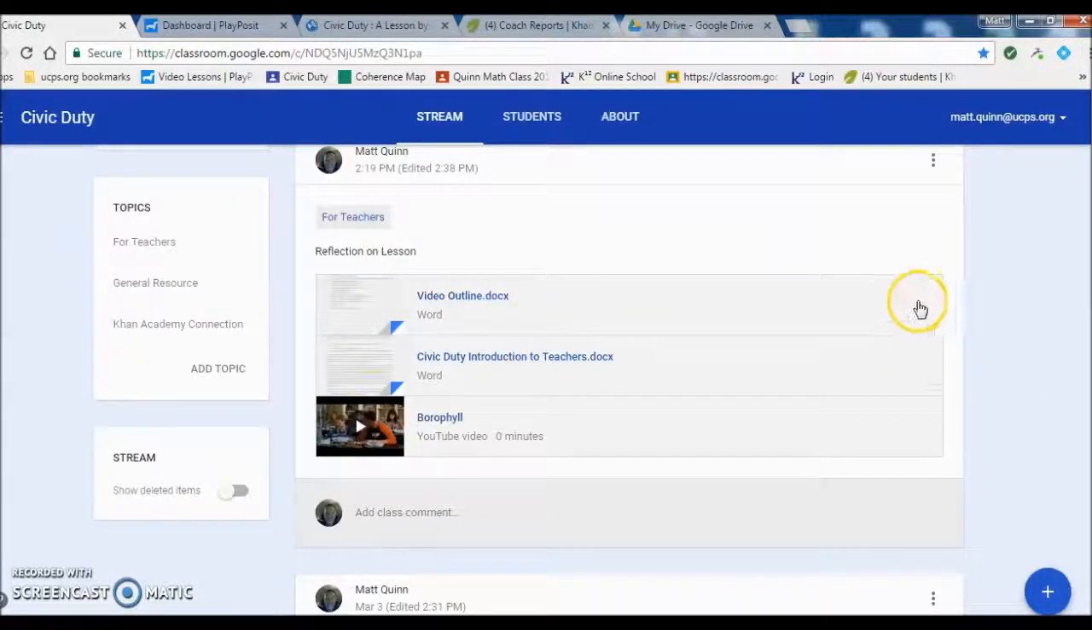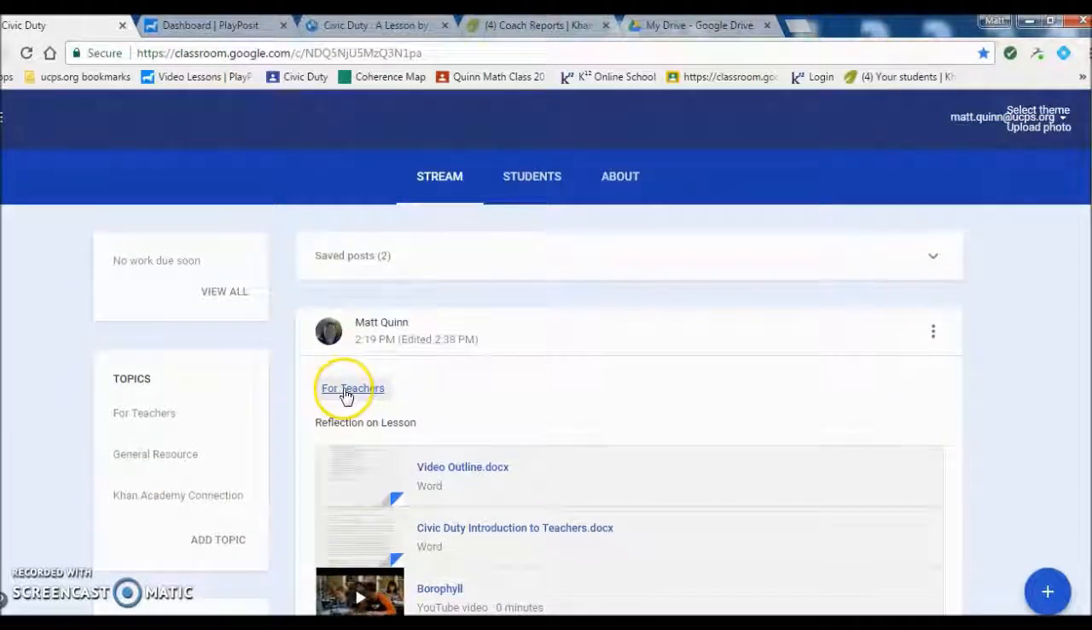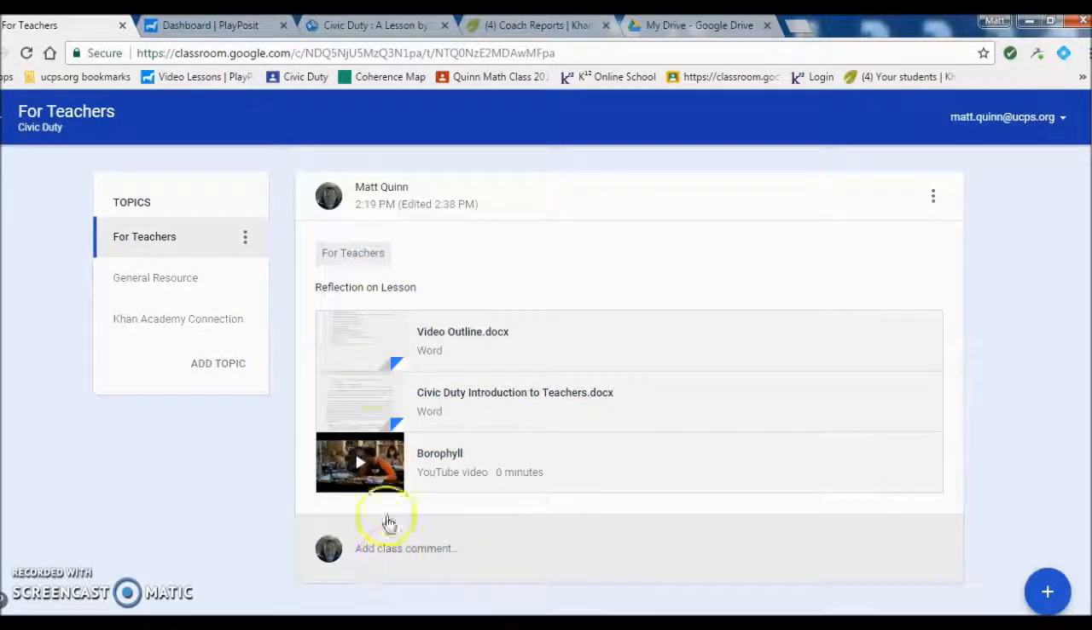First of all, this is a reflection on the list. This is for teachers. I've got it right here, all your for-teacher stuff, etc. A good way to organize that sort of thing. However,